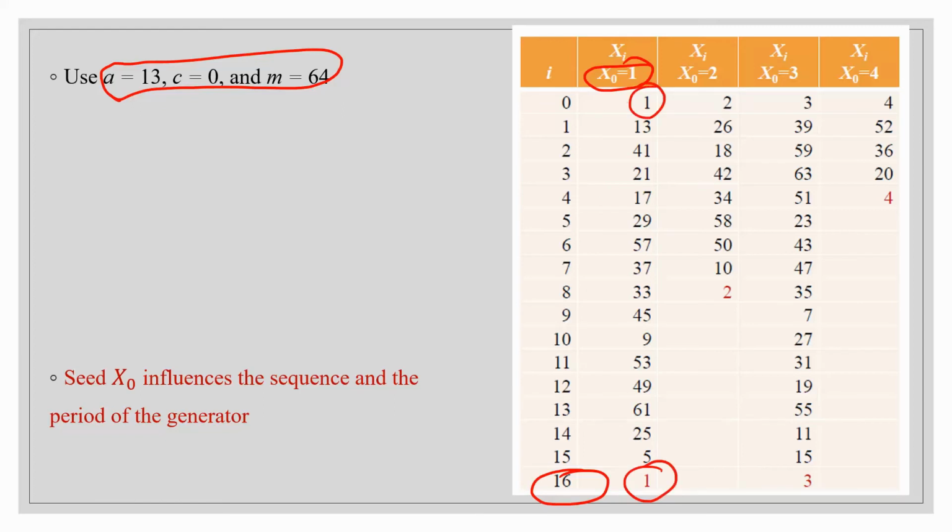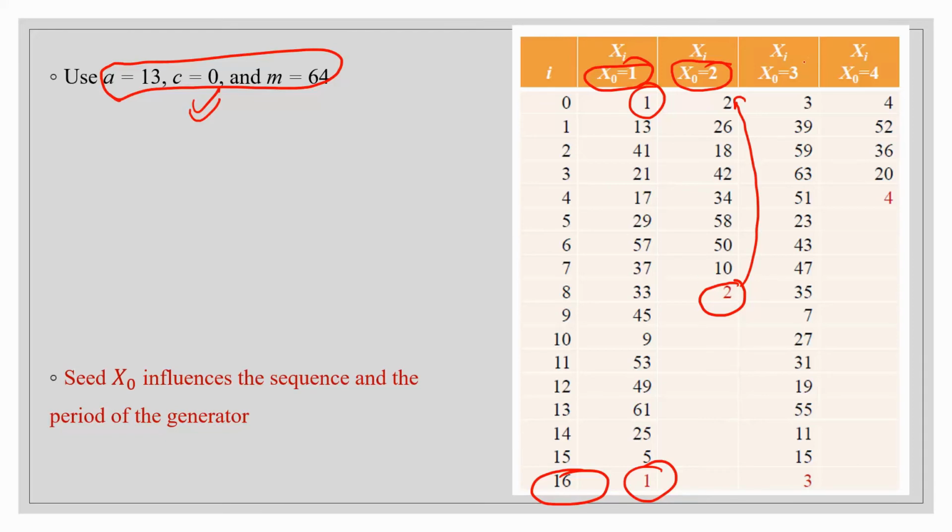So you can see that here the cycle length is 16, but for the same values of A, C and M, if I choose x naught, that is my seed value, as 2, I will see that I am getting the same value from which I started at the 8th position. That means that here the cycle length reduced to 8.